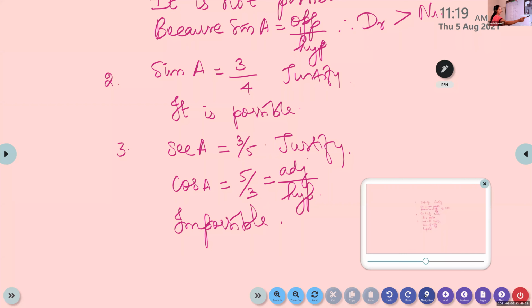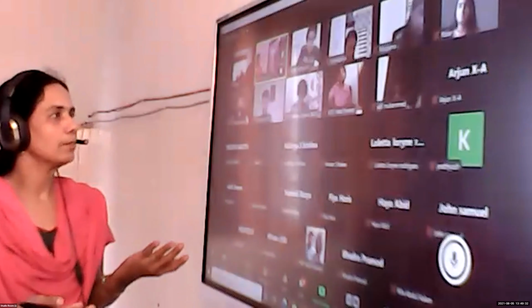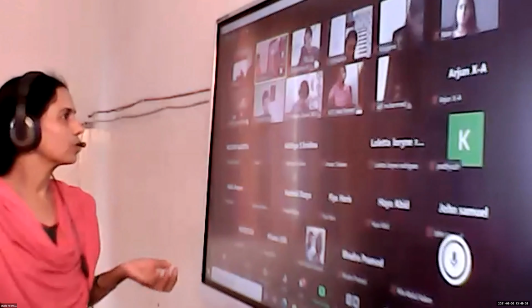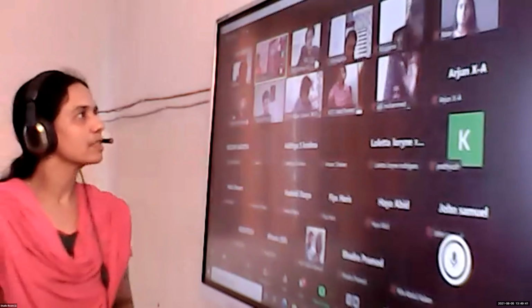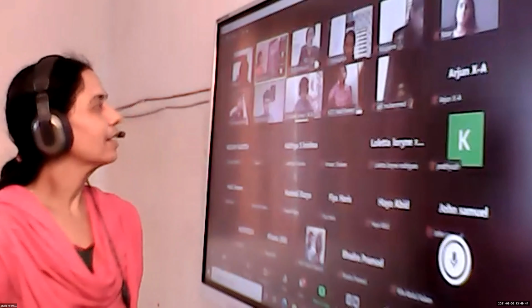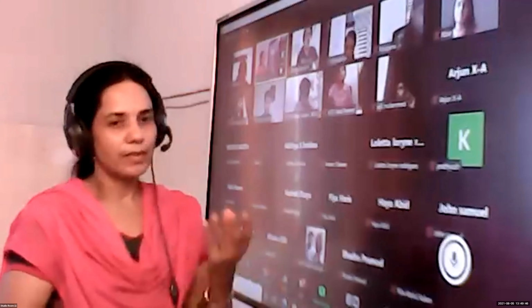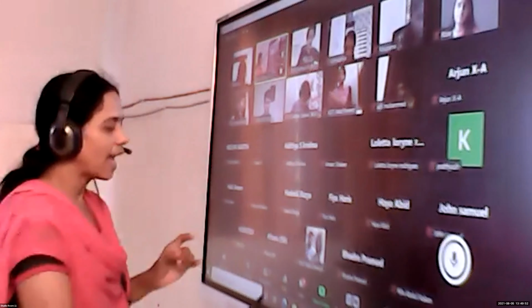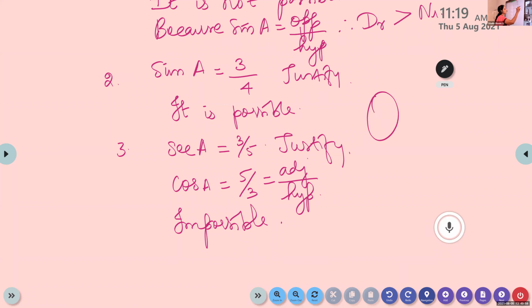Now listen, children. Suppose we don't know one number. While solving a problem, suppose we don't know the value of the number. Usually we take that unknown quantity as X. Whenever we don't know some number, we take it as X. Likewise here, for angles, we are going to learn one new notation called theta. Look here, this symbol we call theta. In physics and other subjects you might be using this.